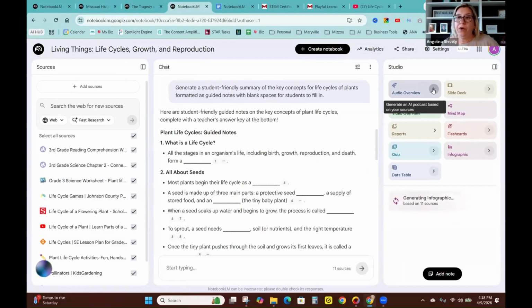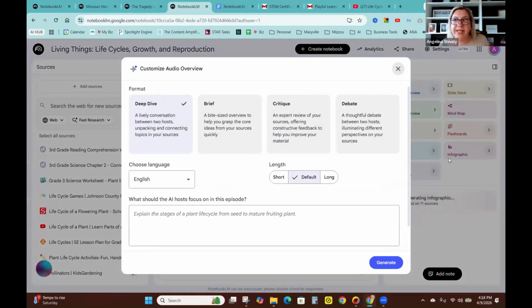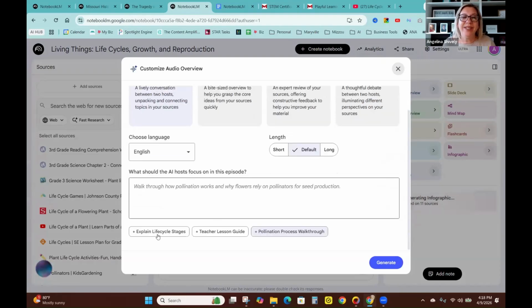Let's see what else. Audio overview is going to be where you can basically create a PowerPoint for the different people talking to each other back and forth. And you'll notice in the text here, it's even giving you like, what do you want to talk about? And so you can say there's plus signs here. So let's say that's a fun one, teacher lesson guides. Like maybe you want to get the main points and have it create an audio overview of that, or